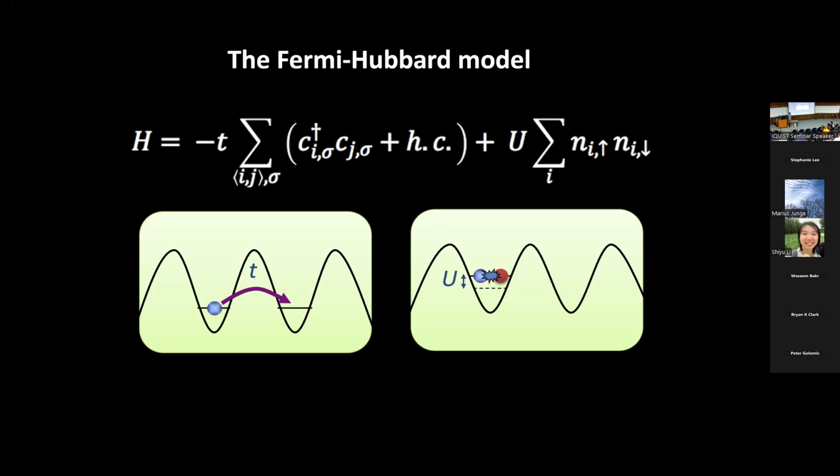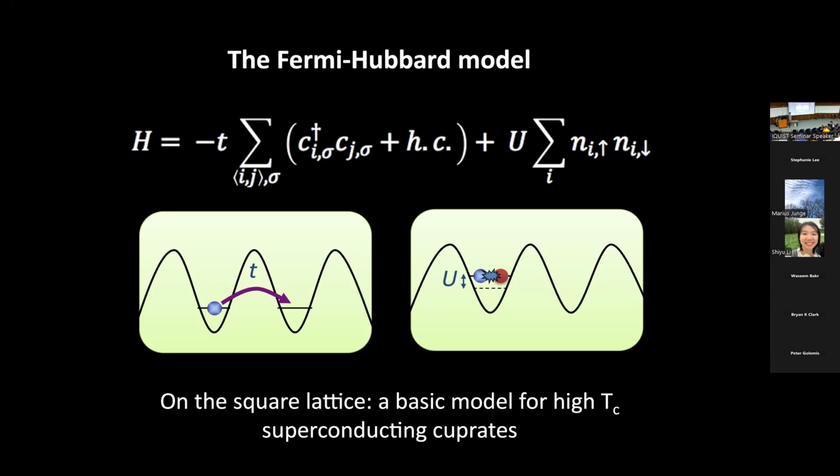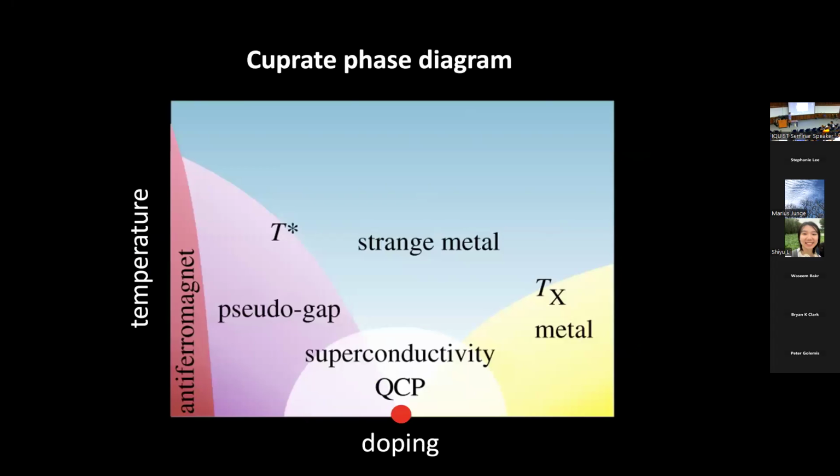You can study it on various lattice geometries. A lot of the early work in atomic systems was focused on the square lattice. Now people are branching out to other sorts of lattice geometries. In the square lattice, the inspiration was the cuprates. And so we're interested in how much of the phenomenology of the cuprates can we reproduce with this type of Hamiltonian. So let me start first by just quickly reviewing some of the work that has been done with square lattices. I can't show you a phase diagram for the Hubbard model because we don't know it, but what I can show you here is the phase diagram of the cuprates measured experimentally.